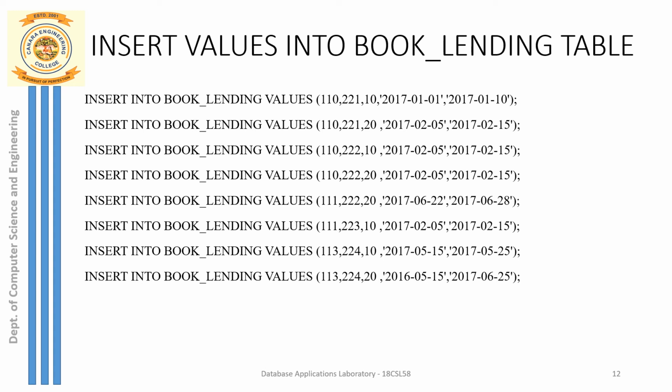We have our book ID and then the library ID, and then the card number. You can see the entire structure in the next slide. The first one is book ID, second one is program ID, third one is card number, then the issue date, and then the due date. You can give them in the same order.